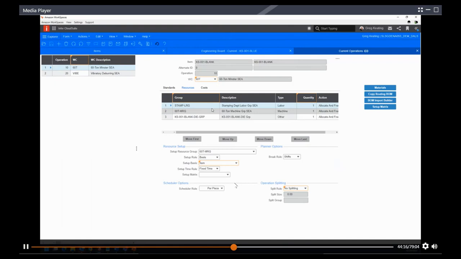Well, if I don't add the die, the system may, I'm not saying it would, but it may say, hey, you got an order for 200,000 of these. Why don't you put it in machine number 1 and machine number 2 at the same time? Well, I only have 1 die, so I can't run it at the same time in 2 different presses because